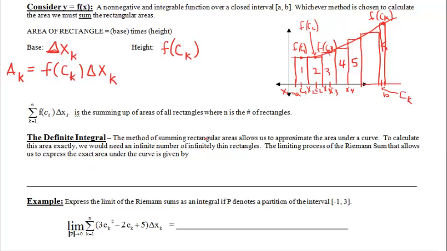The method of summing rectangular areas allows us to approximate the area under a curve. To calculate this area exactly, we would need an infinite number of infinitely thin rectangles. The limiting process of the Riemann sum, and remember, a Riemann sum is just an addition of areas of rectangles, to find a limit of the sum of those areas allows us to express the exact area under the curve. And it's given by,